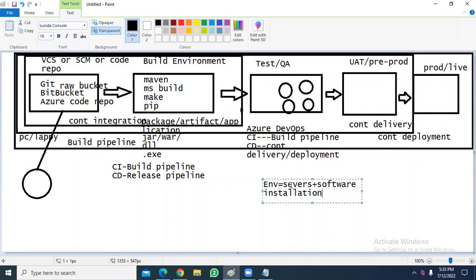Where exactly Docker and Kubernetes will be used, we are going to discuss later. So this is with respect to application DevOps. That means in application DevOps, code is given to us. As an Azure DevOps engineer, you have to build the code and test the code. Finally, you have to deploy the code into production environment. That is your major responsibility. And infra DevOps means what? Infra DevOps includes providing infrastructure to various environments.